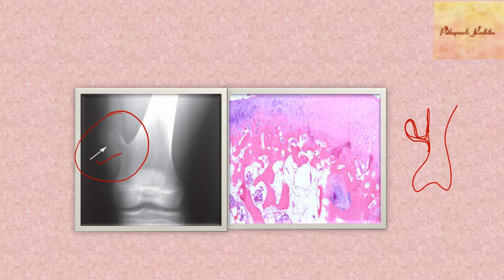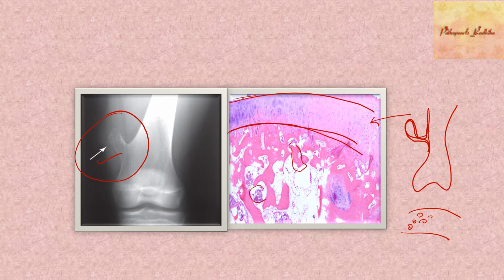What you're seeing on the biopsy is something with a blue tinge. This is cartilage. This is how cartilage looks. Your cartilage will have a lot of chondrocytes. It's forming the top part like a cap, right? Then this cartilage will be covered by perichondrium. Then you have trabeculae of bone with marrow, and this is undergoing ossification.